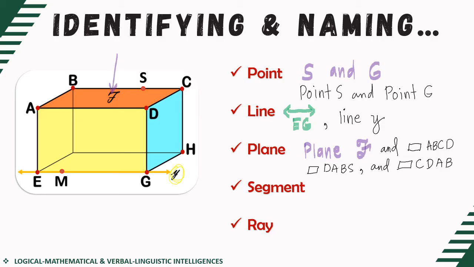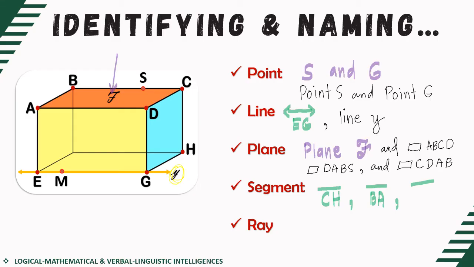So actually it's almost the same with naming a line, but the symbol at the top must be segment. Again, we're going to use two capital letters and not cursive. So let's say for example, I have segment CH. Another example, let's say we have line segment BA. By the way, if your answer is line segment BA or line segment AB, it's correct, either of the two. Next, I can have line segment.